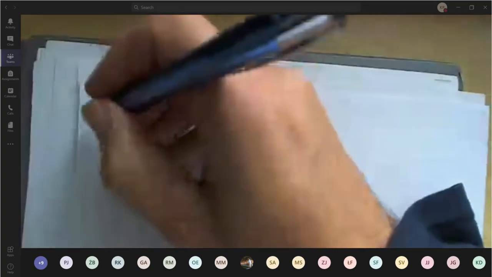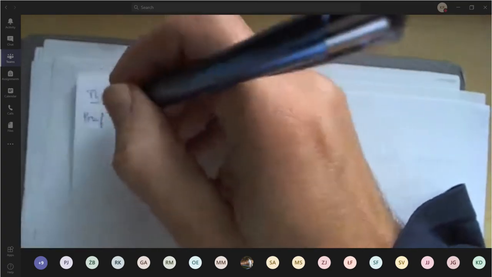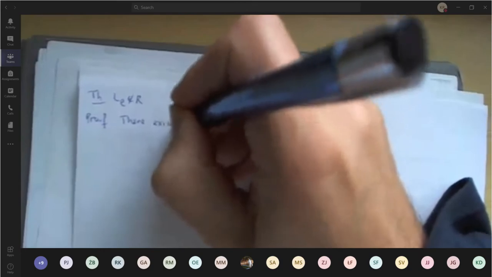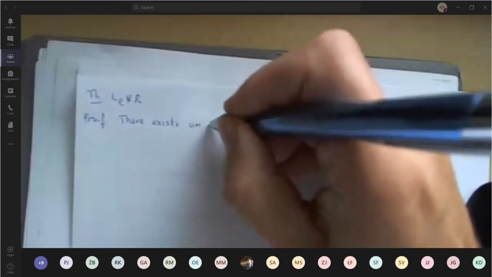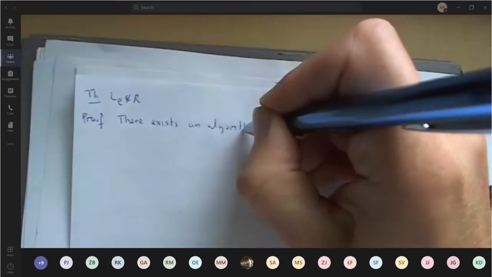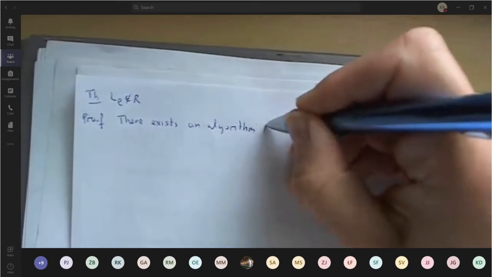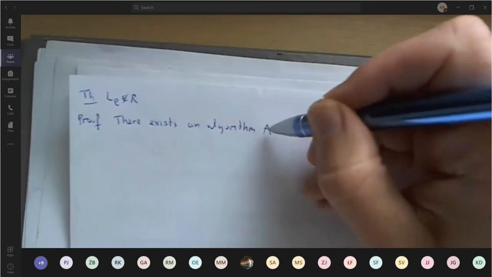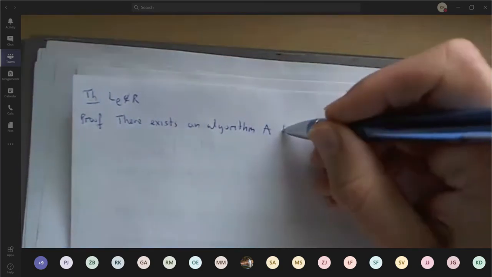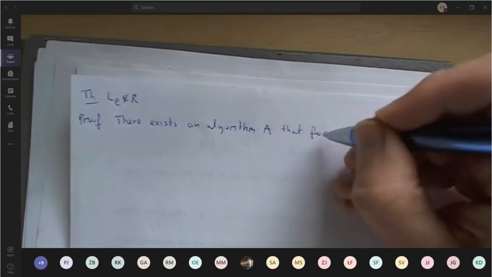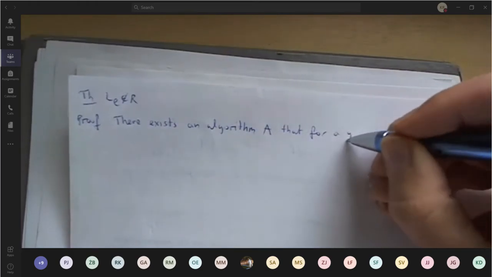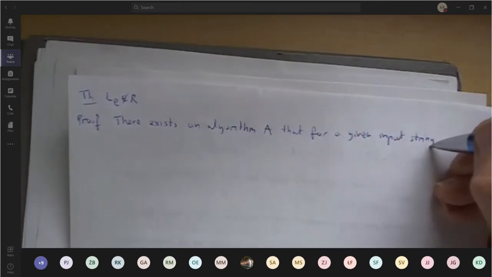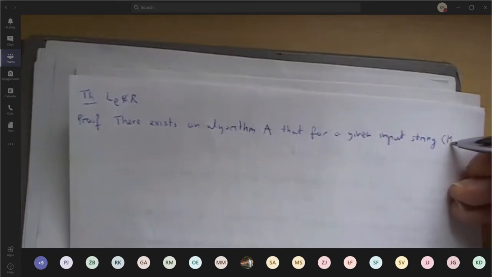So let's start this proof by stating that there exists an algorithm A. Algorithm means that there exists a Turing machine with the stop property A that for a given input string MW